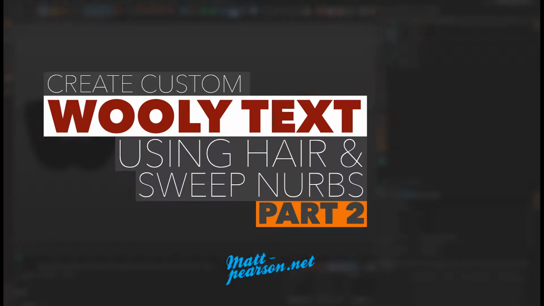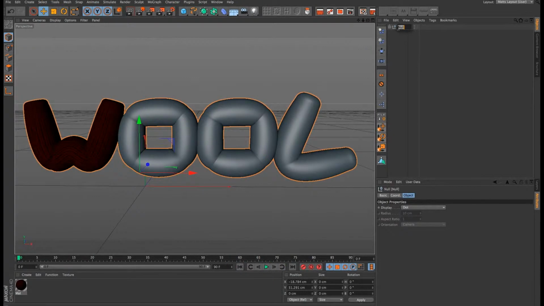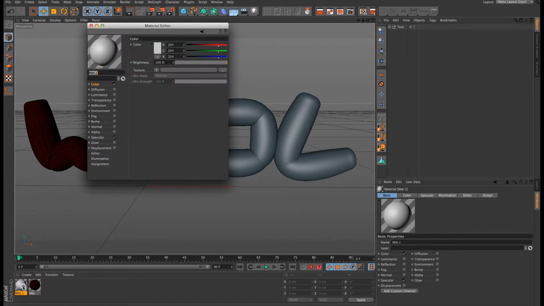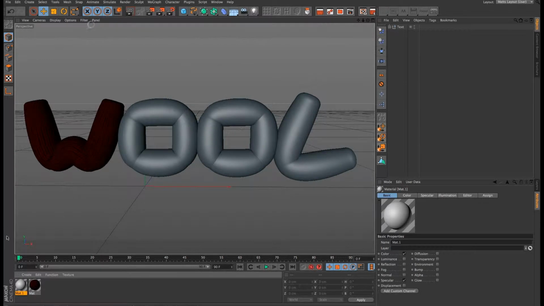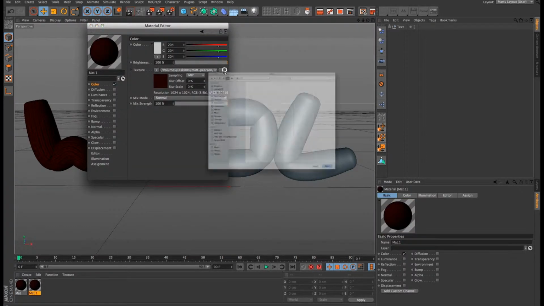Put those in a null. Text. And what I'm going to do is create the other 3 textures. Actually, let's just duplicate that one. Come in, and I've got another